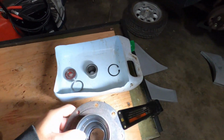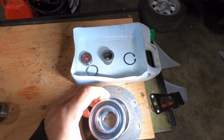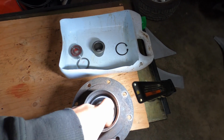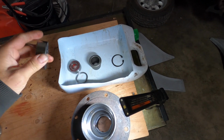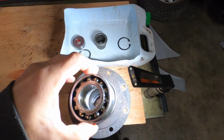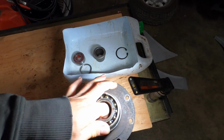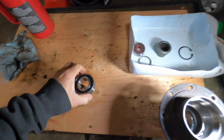Then I noticed something. Went to go put the big bearing in, and it's the wrong size. It doesn't go in. There's two bearings inside, and this is the last one that's supposed to be as big as this. Went and got the other one, the old one, and checked it, and sure enough, this one goes in and the other one does not. So now, as you can see, it's really wanting to go in there. And you look,